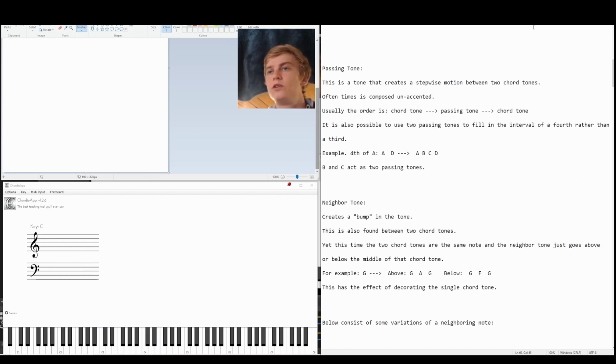So then I also said we could use 2 passing tones to fill in the interval of a 4th rather than a 3rd. So let's say I had a 4th and I just had C and F, so I'm creating my perfect 4th, and let's just say in this case there's just C ringing out in the bass. So then in this case I'm going to use my 2 passing tones to go from C to F, and I'm just going to